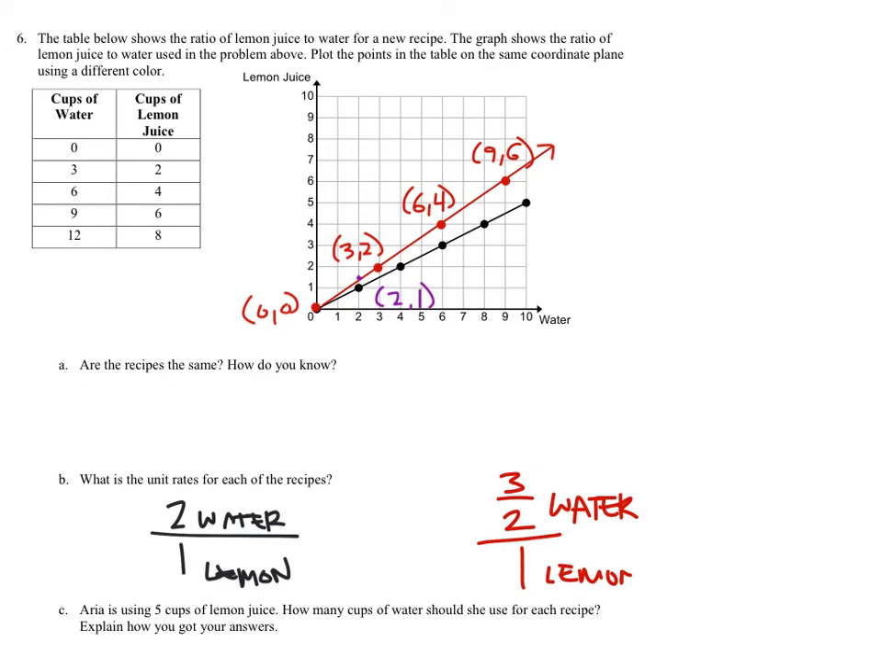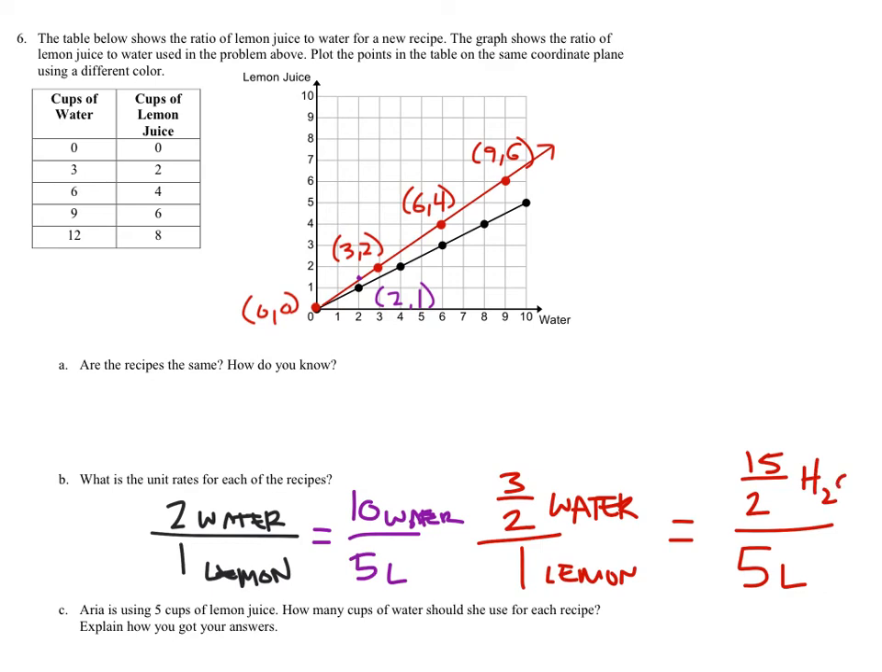So this person is using 5 cups of lemon juice. How many cups of water should she use for each recipe? So yeah, this first one here is 5 cups of lemon juice. So that would be 10 cups of water. And then the red line, that again is 5 cups of lemon juice. So we'd multiply that by 5 and we get 15/2 cups of water,